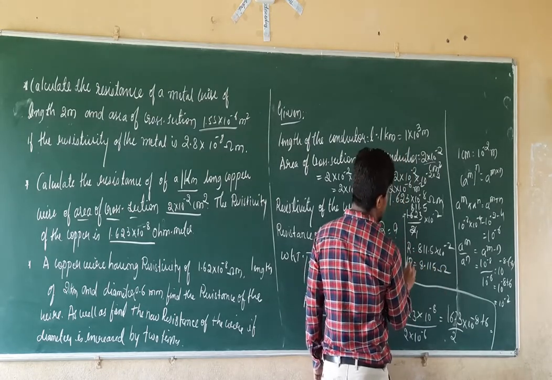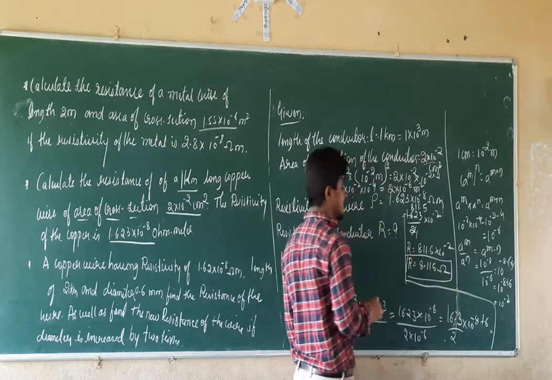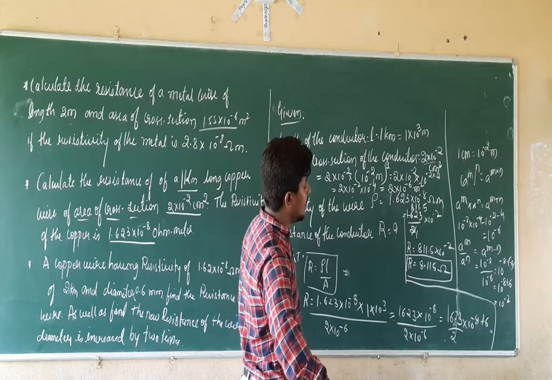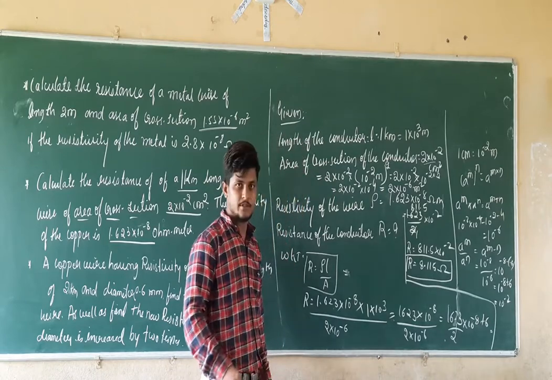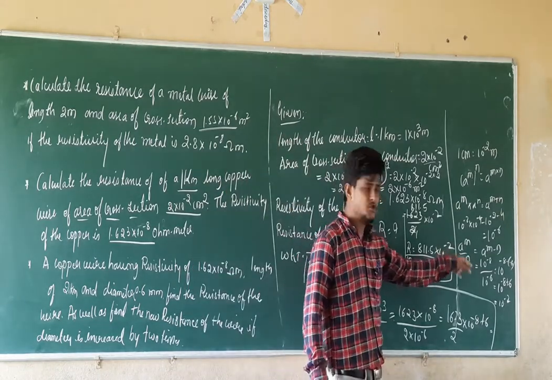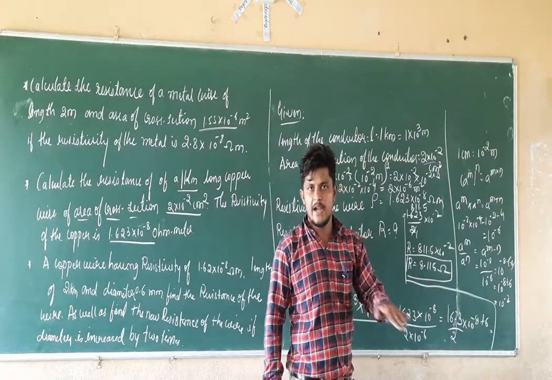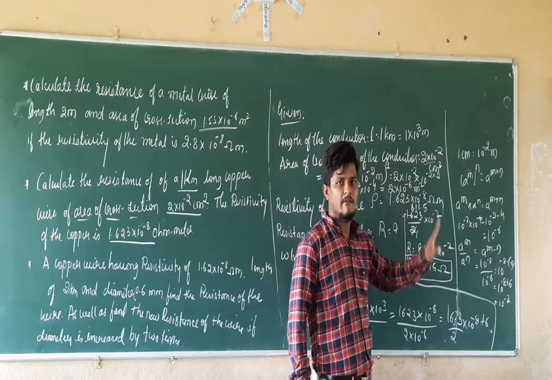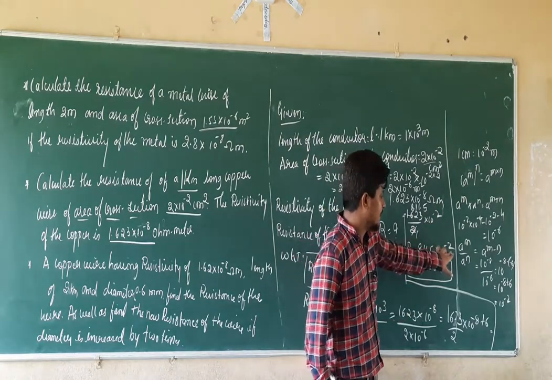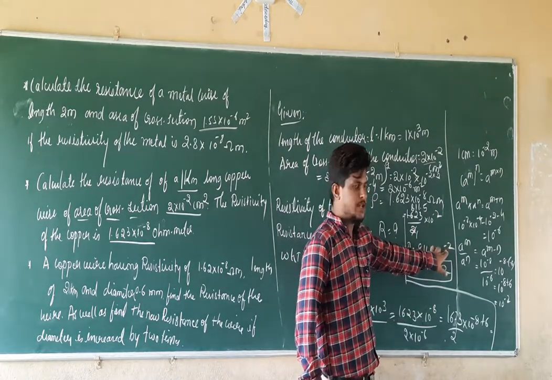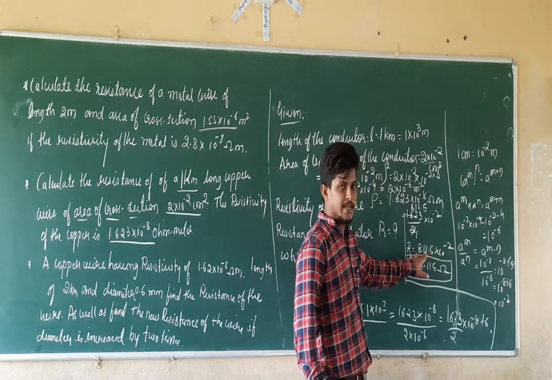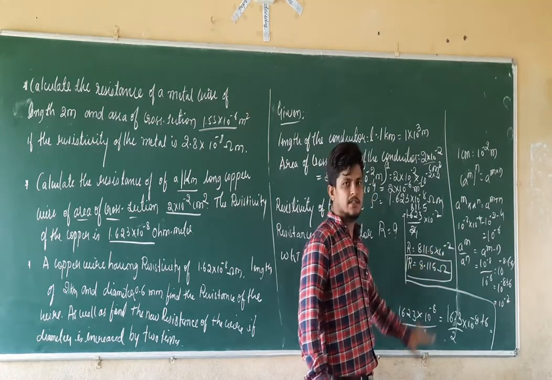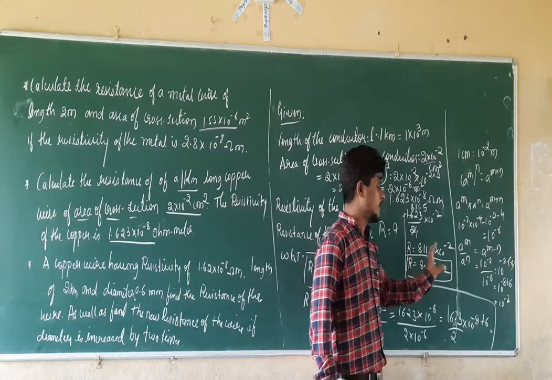So the resistance of the given conductor is equal to how much? It is equal to 8.115 into 10 raised to minus 2, which can be written as divided by 100. So if you divide by 100 here, it will become 8.115. To remove the minus 2 value, we have to move the decimal point here. For that result, it is going to become 8.115 ohms.